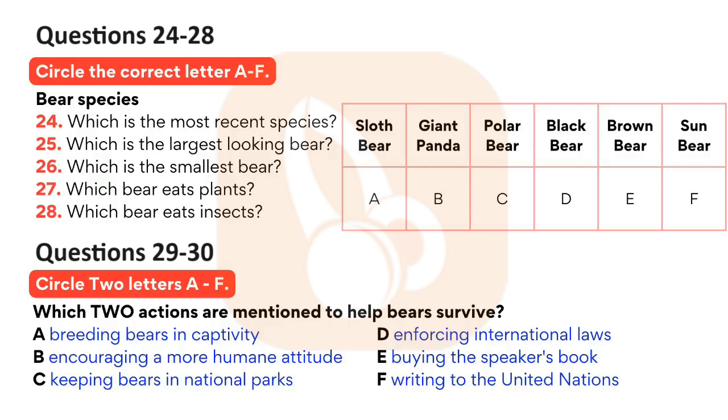And are all bears meat eaters? No, not at all. In fact, the giant panda is almost entirely herbivorous, living on a diet of 30 types of bamboo. Yes, of course. Pandas are famous for that. And another interesting bear is the sloth bear, which eats insects, particularly termites. He can turn his mouth into a tube and suck the insects out of their nests. So, going back to my second question,